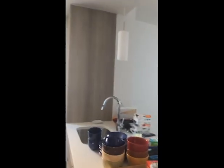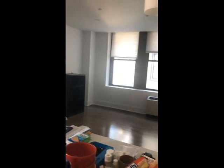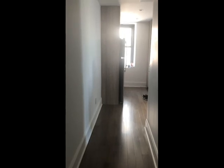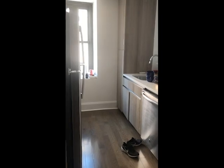Because this was an office building, it's kind of awkwardly designed. So if you can see right to the left of me is this long hallway that leads to the actual entrance. And that's just because when they were redeveloping this building, they kind of had to fit in apartments where they could. So the square footage of this building is actually pretty big, but there's a lot of wasted space in this hallway, and it's all right. I don't mind it, but it just would have been nice to have some of that square footage in the